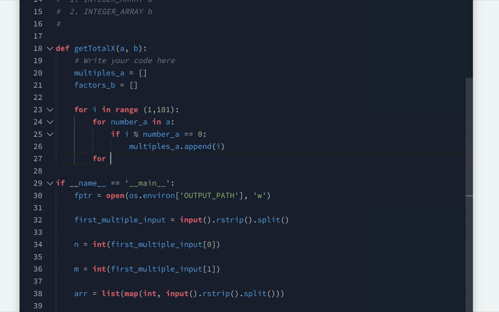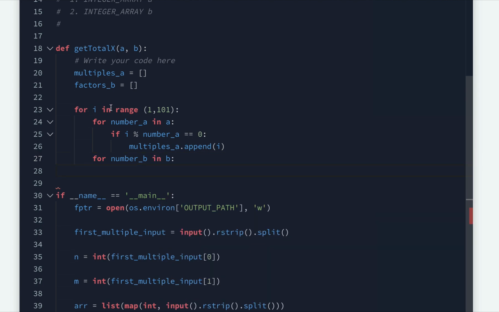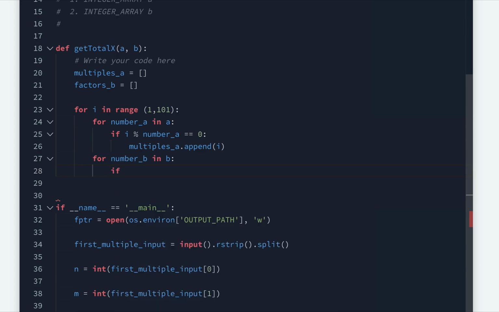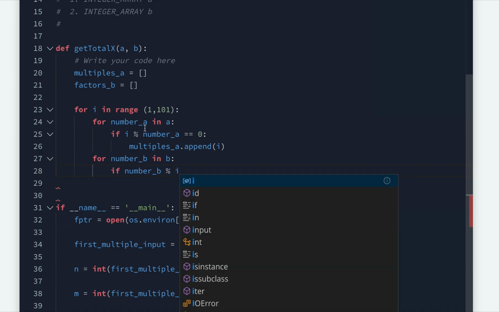We're going to do basically the same for the array B. So we're going to say for number B in B. All right, so we are still within the same loop here, the range, right? But we are not in this one anymore. And we're going to do the same, but this time it's reversed. It's if the number B, when we divide it by the integer from 1 to 100,